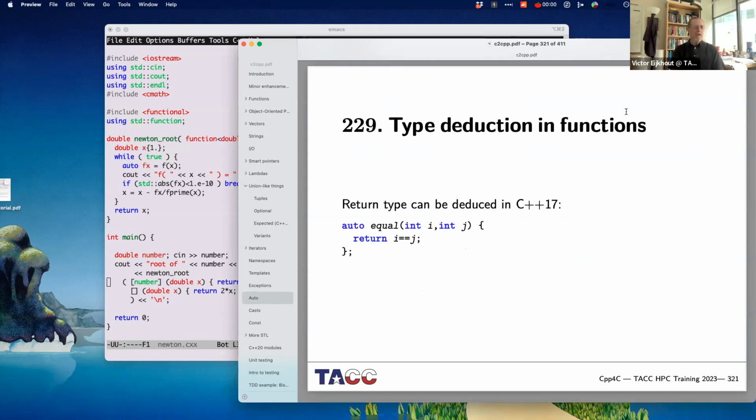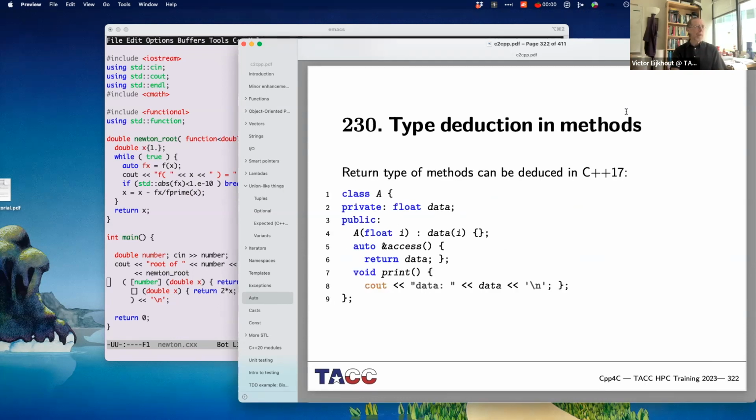Auto type deduction, this was C++17, I think. If it's clear to the compiler what the return type of a function is, then just say auto and the compiler will figure it out. The same thing happens in class methods. But line 5 and 6, something